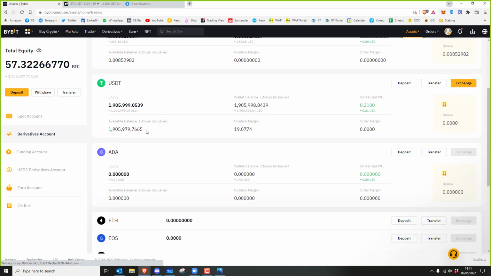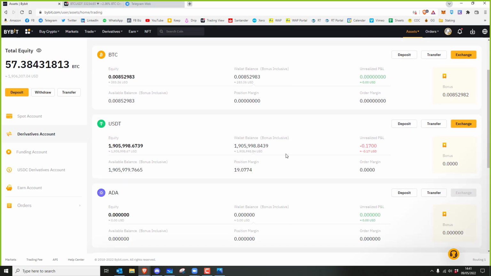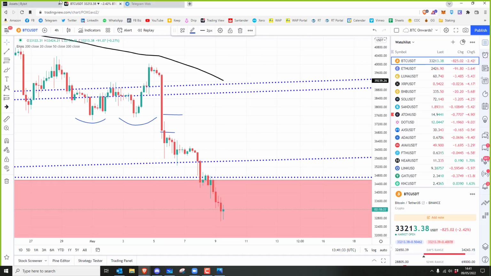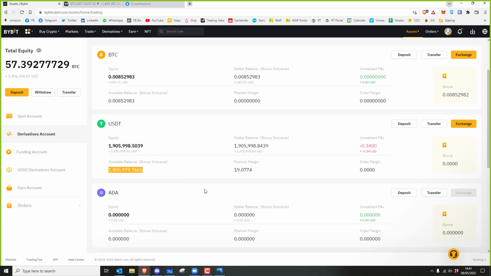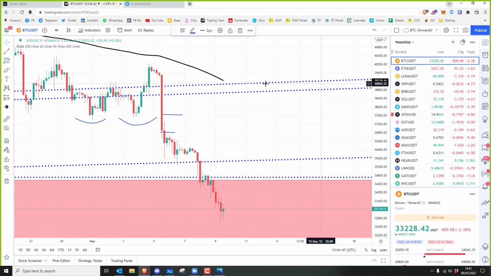Like, as you saw earlier today, I had all my trades on and about 700 grand just sat there doing nothing, right? Well, what I could do in the future, if I don't want so much Tether just lying around doing nothing, and I want to optimize my money as much as possible and have as much in these inverse accounts instead of the Tether one, is I could, one, take away a lot of the surplus that I don't need, but two, instead of 5x leverage, do say 10x leverage. So I don't actually need that much money. That way I can get more of my money working for me and still trade the same way. So that's what I will do in a confirmed bull market, not anytime soon.